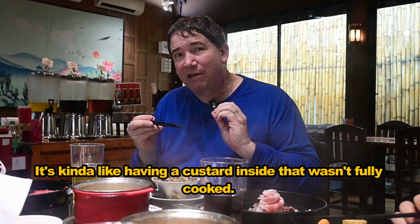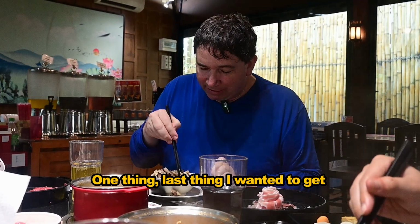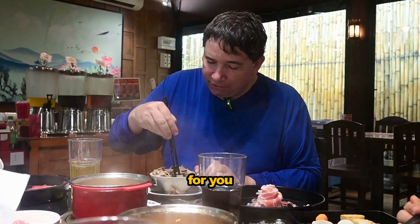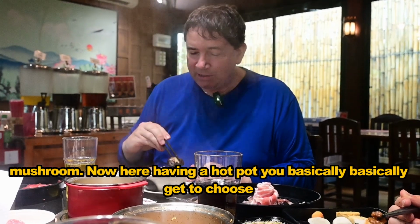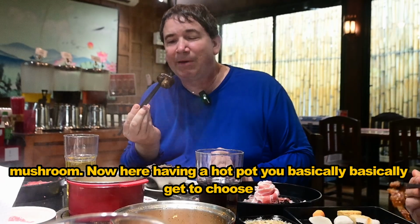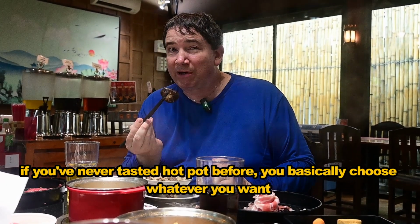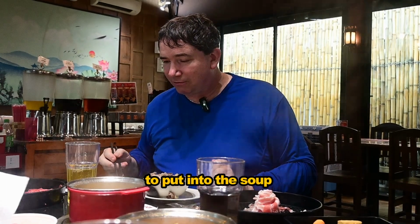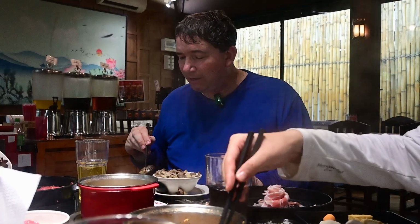I know this. It's an egg yolk. It's kind of like having a custard inside. It wasn't fully cooked. Very nice. Very, very nice. Last thing I wanted to get for you, I'll show you mushroom. Now, if you're ever in a hot pot, you basically get to choose. If you've never tasted hot pot before, you basically choose whatever you want to put into the soup and to dip into your sauce. And we're going to finish off